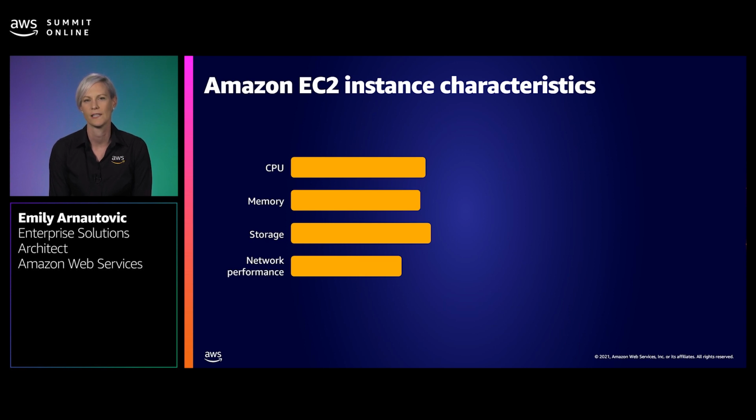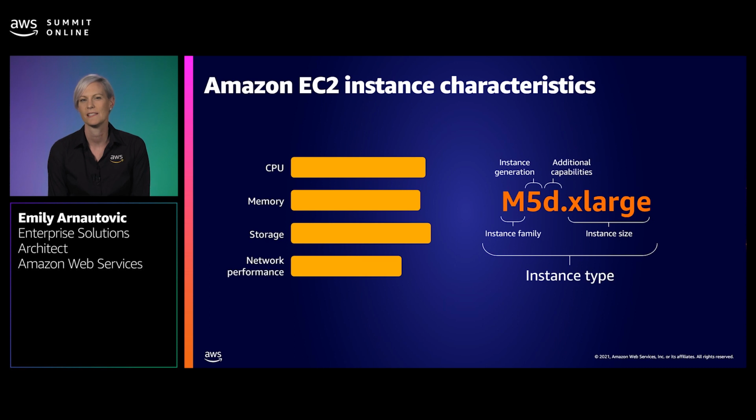Every server has 4 key computing resources: CPU, memory, storage, and networking capabilities. Some workloads are more CPU intensive, while others are more memory intensive, and so on. Amazon EC2 has different families, represented by the first letter, to the right. In this case, it's M. As AWS has added more instance types, we've got generations, i.e. 5 in this case. And then we added additional capabilities like CPU capabilities, network capabilities, and that's represented by the D here. The last one is size, and this is a simple t-shirt size, so we've got an XLarge in this case.